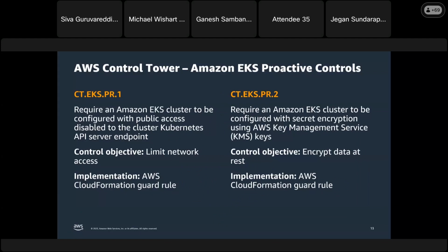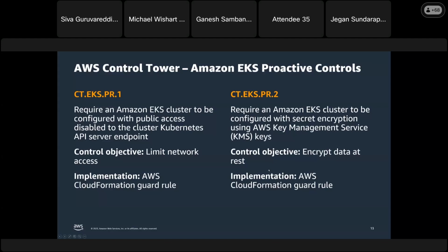The way it is implemented is using an AWS CloudFormation Guard rule, which acts at the time when CloudFormation is provisioning an EKS cluster. If it detects public access to the API server endpoint, it would throw an error.